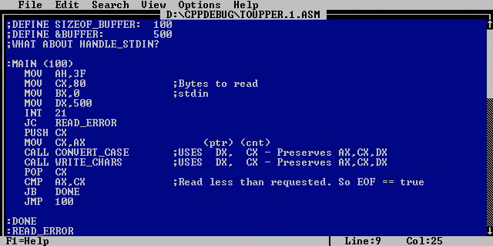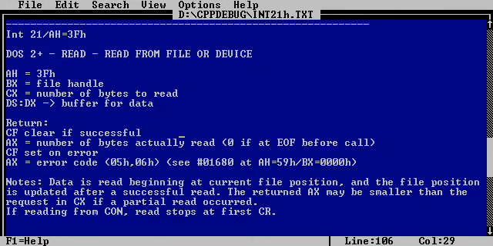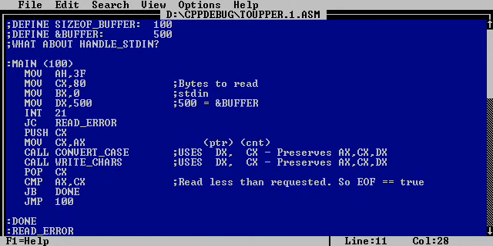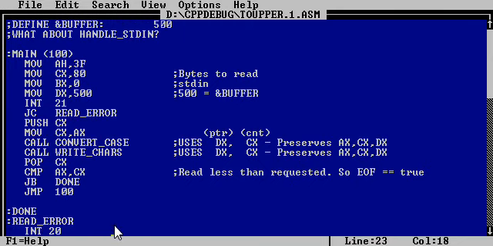Doesn't matter. Remember, the operating system is giving us all memory, so we can do whatever we want. So, the address of our buffer. And this is just the function call number. According to the help, carry flag on error. So if carry, we're going to go to a read error, and that will quit. Otherwise,